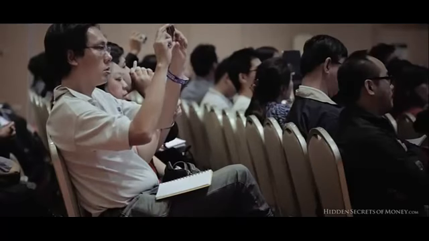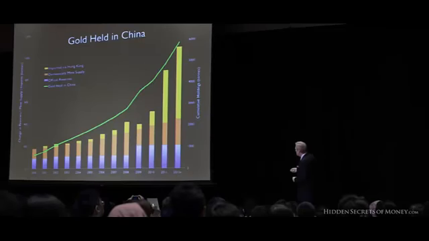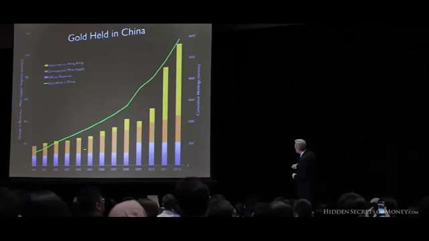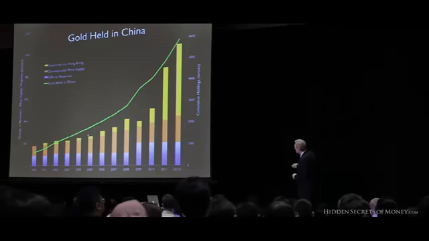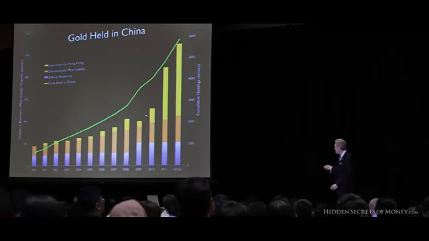This is gold held in China. The green line is the cumulative gold. That's on this scale. So it's gone from about 700 tons to almost 6,000 tons just since the year 2000. So this is their central bank holdings. This is their mine supply. But this is, and my researcher put all of this data together, you're the first people to see this.